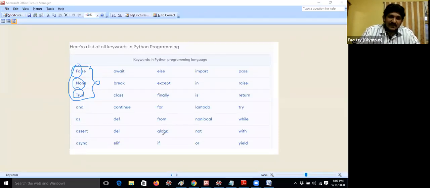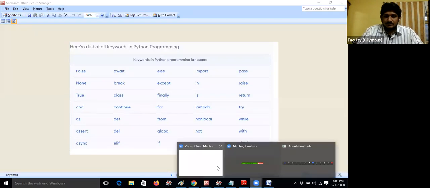Sir, what will happen if the if keyword is written with a capital I? It will give an error, obviously. We have to follow the keyword rules. Keywords play a major role in programming, whether it is C, Java or Python. Today I will discuss clearly about True and False, and you will know about None also. If you have any doubts, please mention them in the chat box. I will clarify your doubts.